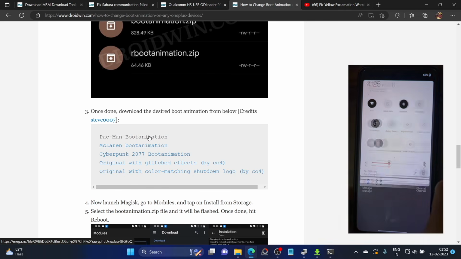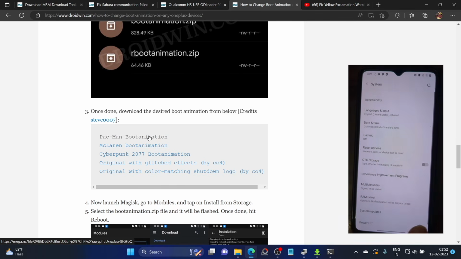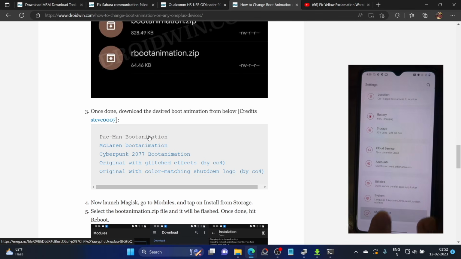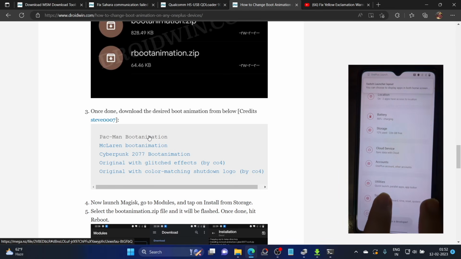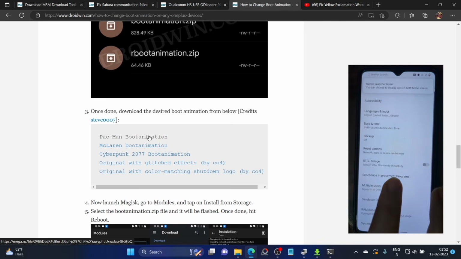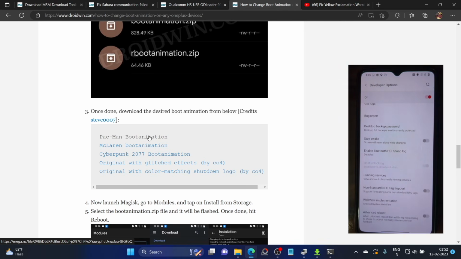Let me now show you. So our phone is now unlocked with the bootloader also unlocked. So let me show the result of this as well. If I again enable developer options, so let me go to About phone, tap on build number 7 times, and it should now enable developer options. So go there, and as you could see, bootloader is already unlocked.